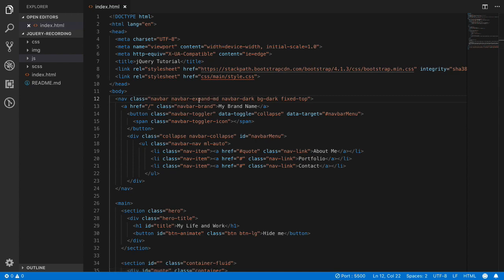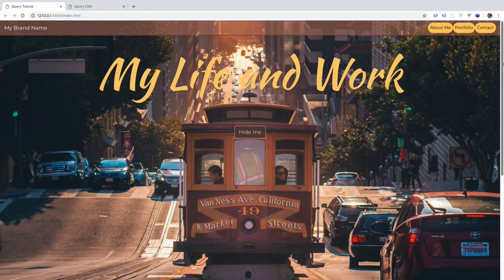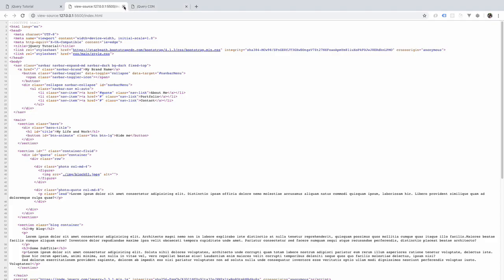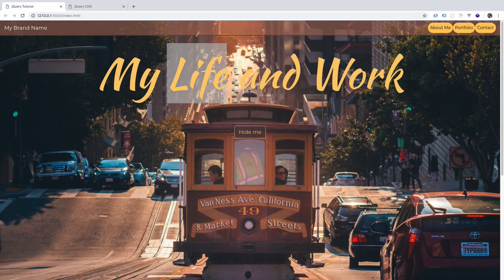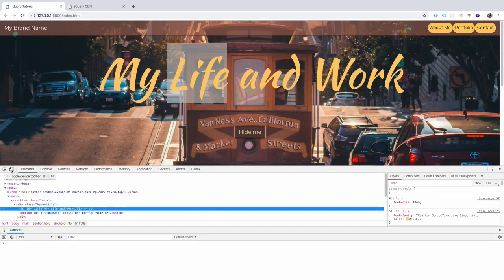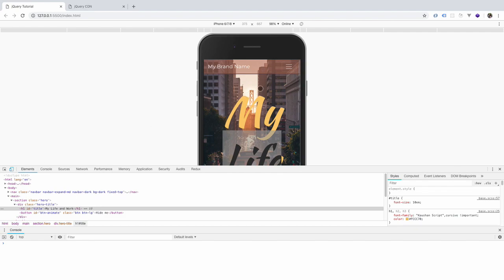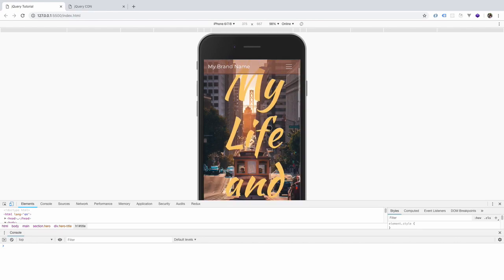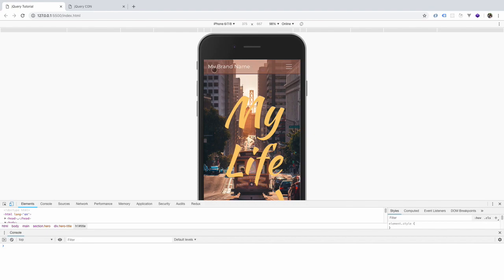So with this, we have our navigation ready, which is mobile responsive. If I turn on inspector elements, I can click this toggle to open the device toolbar. So I click and it will show me how my site looks on a mobile screen. I will have to make this font a little smaller on mobile, but here I want to show you that